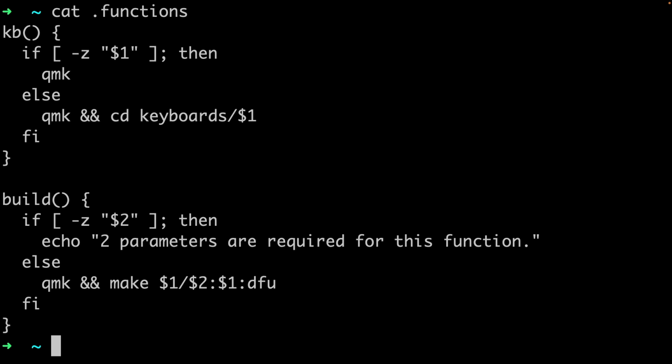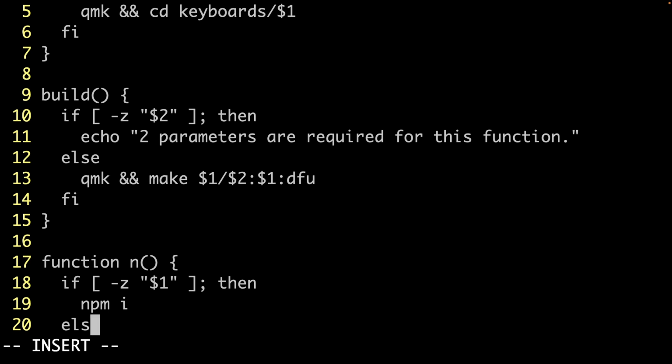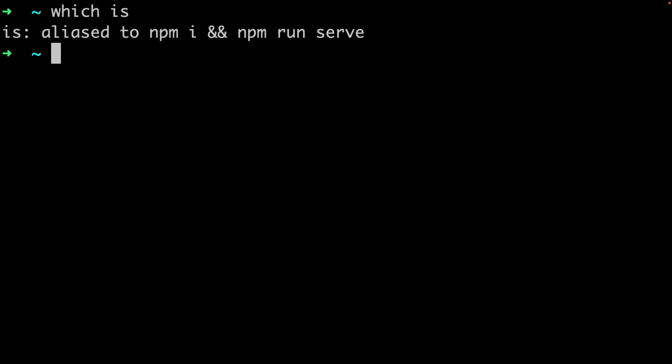Another simple and useful function I found to help automate things that's not related to keyboards is making a function for NPM and all the other different scripts you might be using from your package.json. In a previous video, I had an alias that resolved to npm i and npm run serve, but it's hard-coded to that. With this function, I can instead do